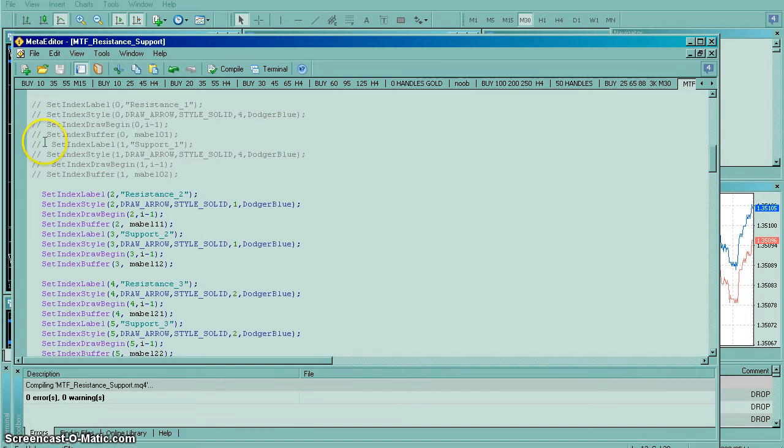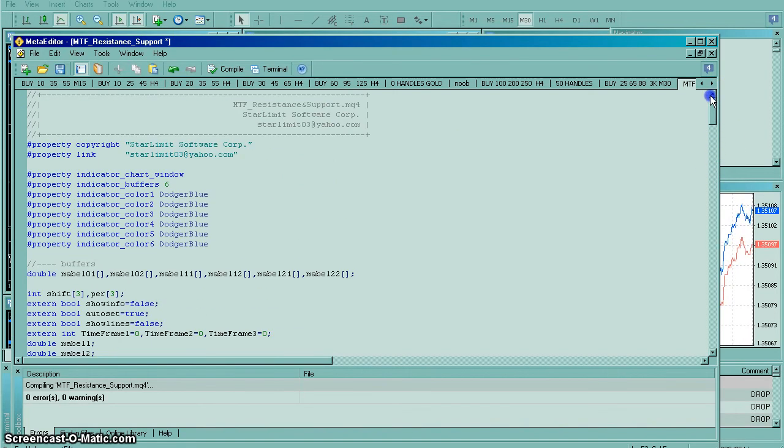Now this one I've set to switched off. 2 forward slashes before any comment or any code in here is going to disable all this area, and this will just turn into commentary. Like for instance, at the very beginning here, all of this, the computer is not going to see this. This is just for reference, and the guy that wrote this posted it on the code base, and there's just